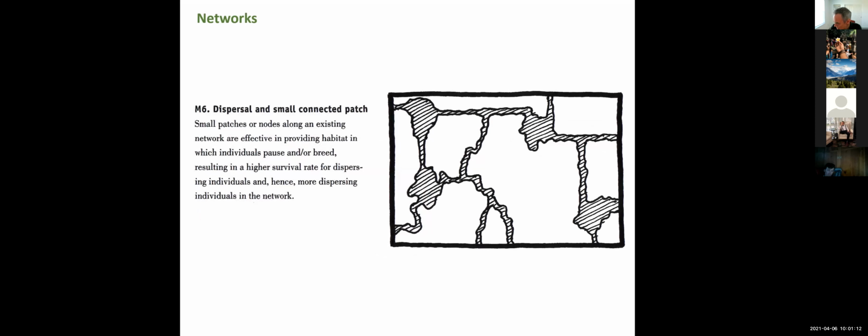And then enlarged intersections can begin to take on the characteristics of small patches by providing adequate habitat for various species to rest and or breed, which improves the survival rate and viability of a dispersing population, right? So again, these can be thought of as nodes within that network or that circuitry. These are places where, instead of just moving through as quickly as possible, some species may spend some time there, maybe days or weeks along their journey, because it's large enough to act as a small patch and provide for some of their daily needs.